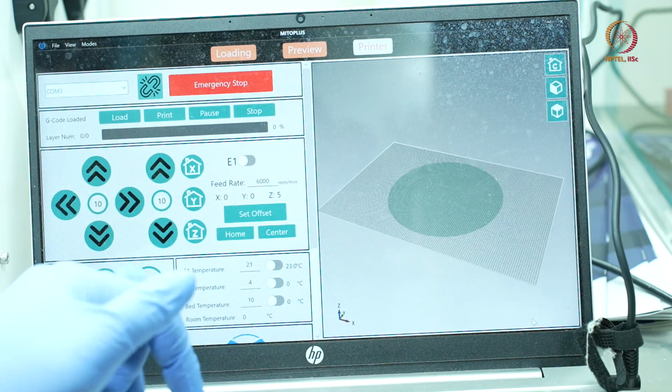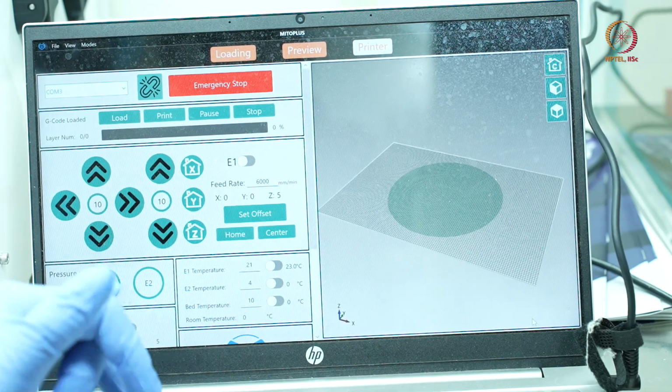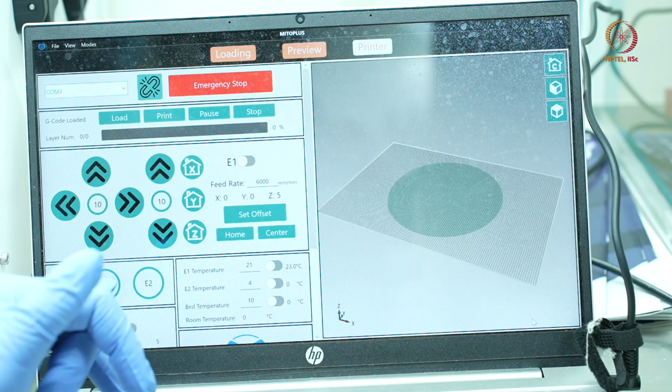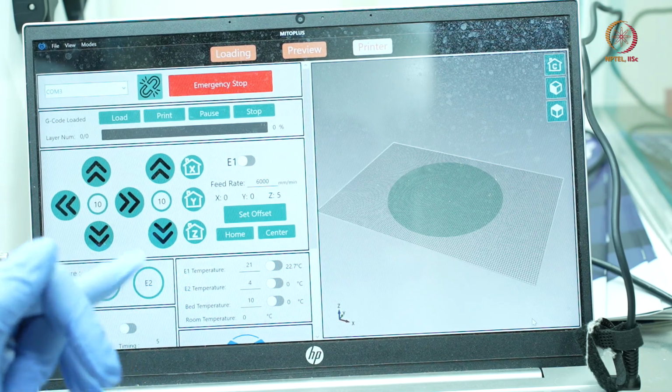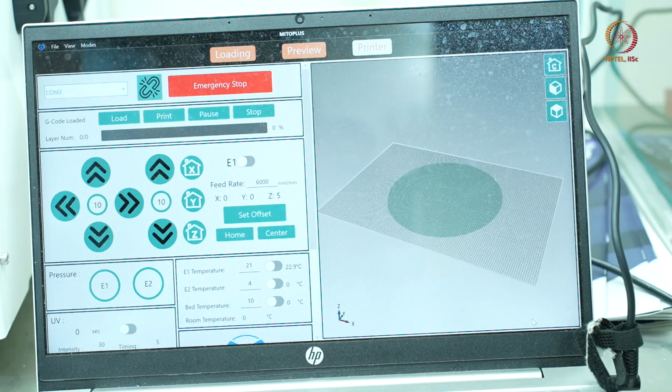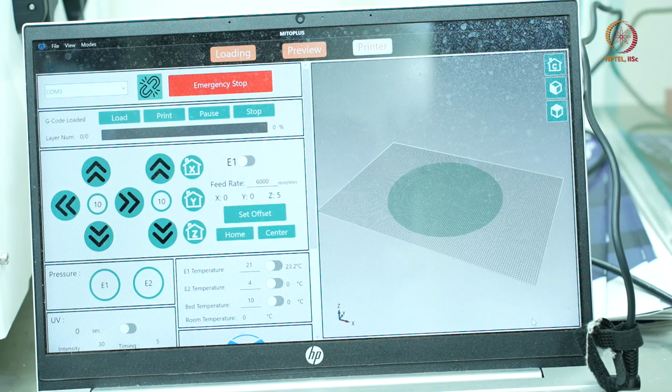Then E1 and E2, essentially extruder 1 and extruder 2, you can set the temperature, the pressure, and the bed temperature. Now here I want to mention that the specific temperature of the print head or print bed has to be determined based on the viscoelastic or rheological properties of the hydrogel that you want to print.